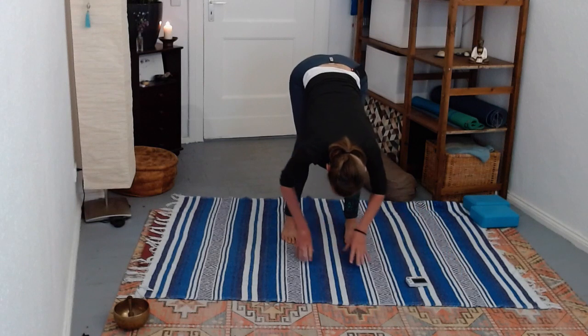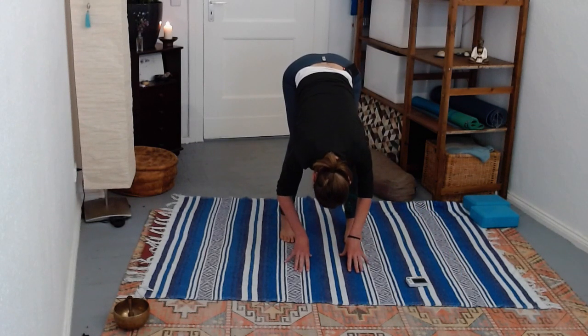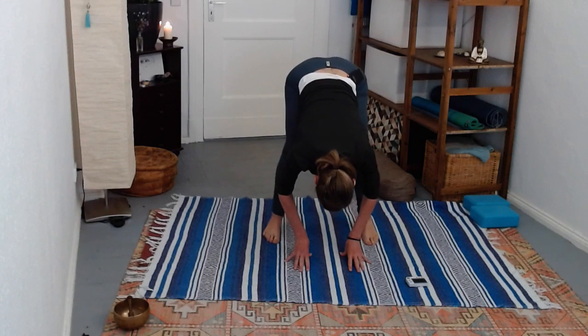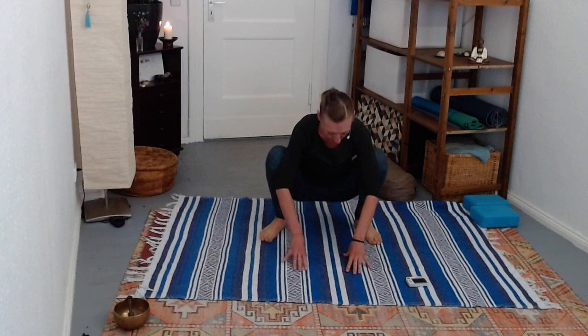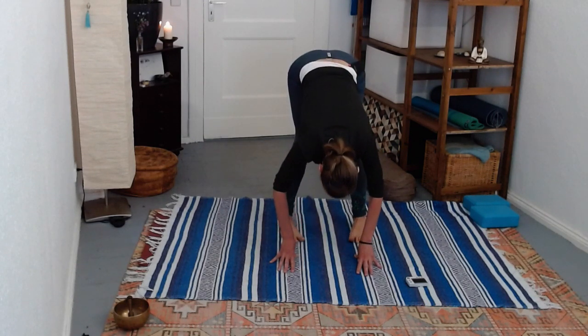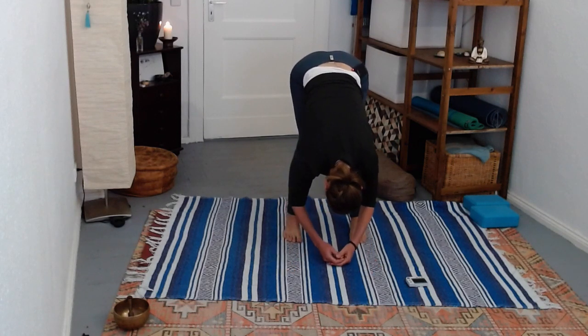If for any reason the forward fold like this, dangling, is not working for your spine, you could come to squatting pose, so you take your feet wider and you sit between your heels. So we'll stay in the dangling for about a minute longer. Here you can include some little swaying movement,